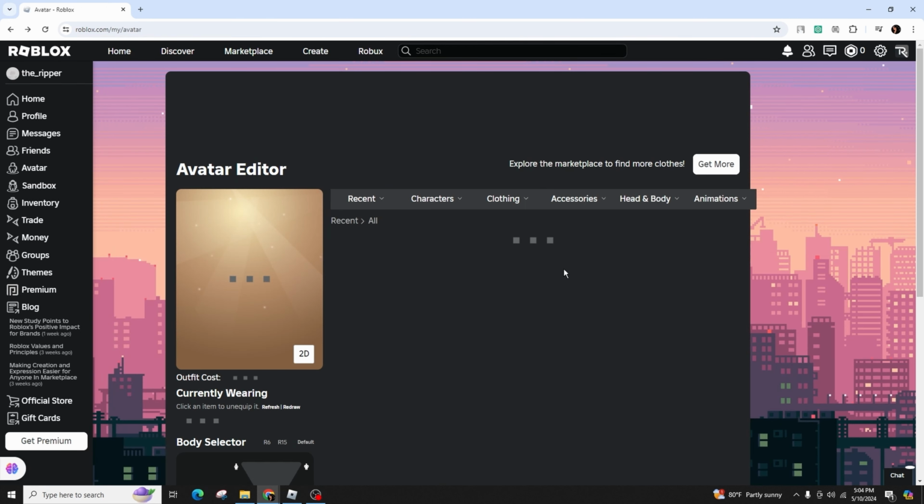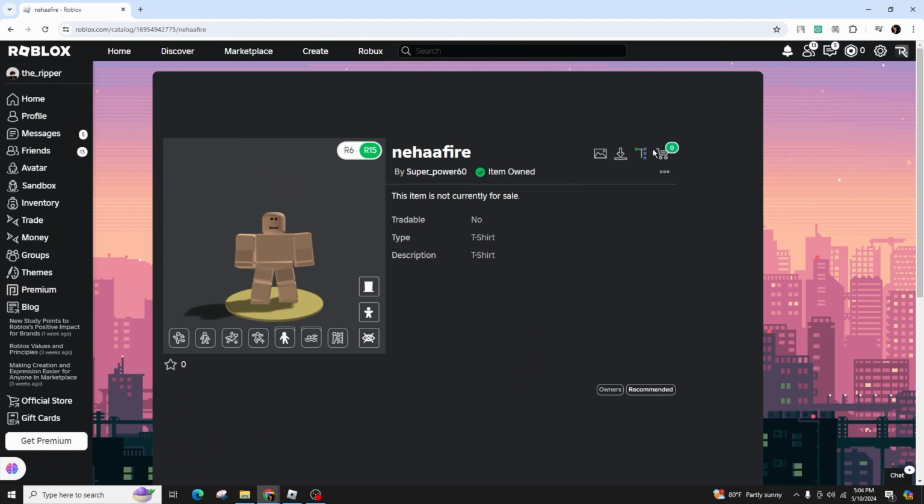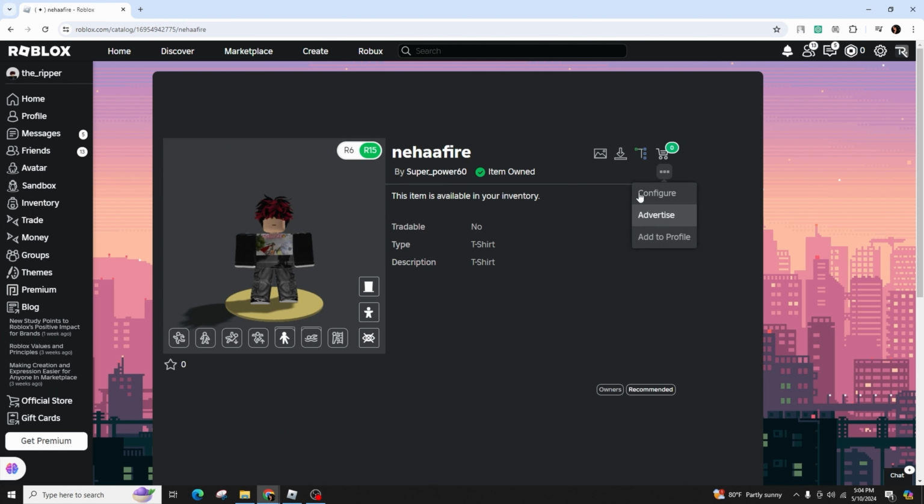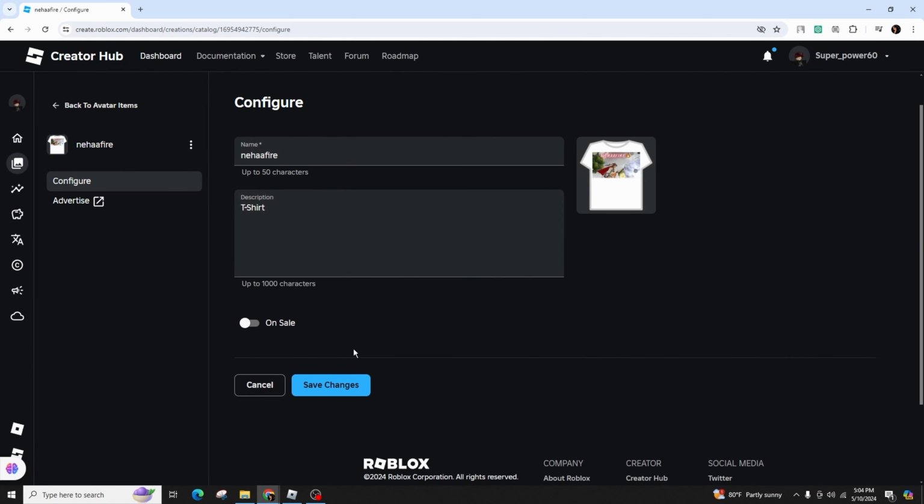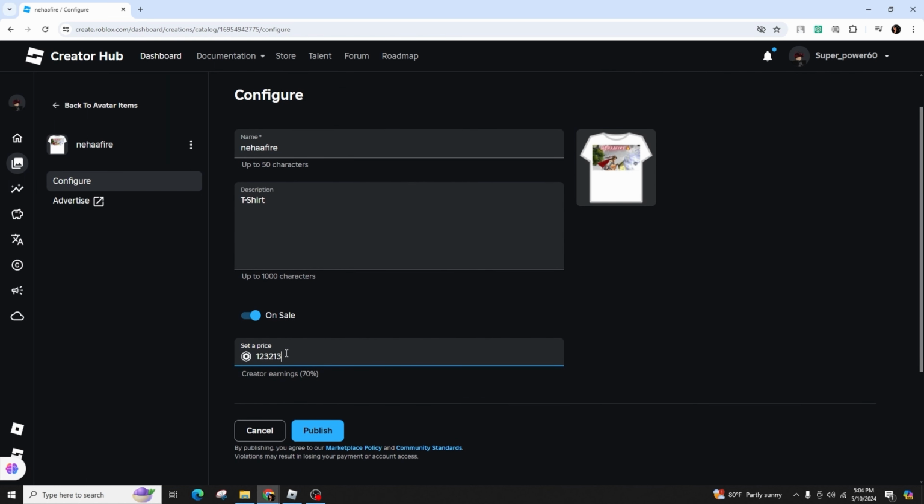Moving on to the Roblox catalog, we can see that the t-shirt is indeed created and owned by me, but not listed for sale. Clicking on the three dots reveals options to add to the profile, advertise, or configure. Selecting the configure option redirects to the Roblox creator dashboard, specifically the avatar items tab where all the designs are